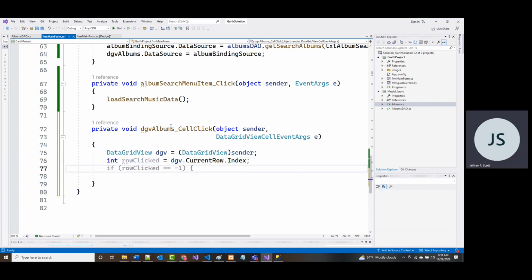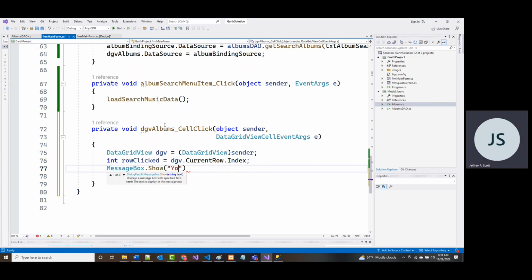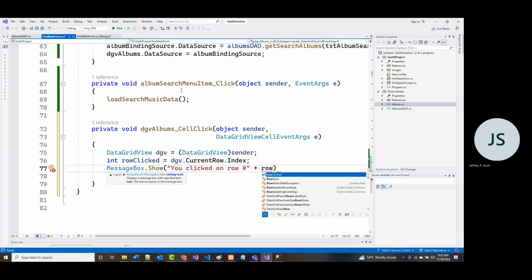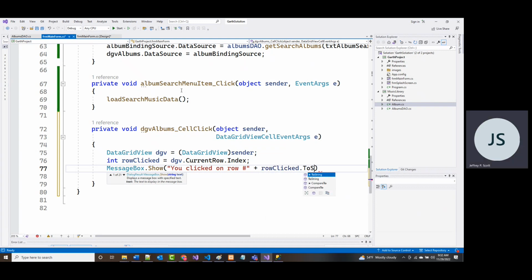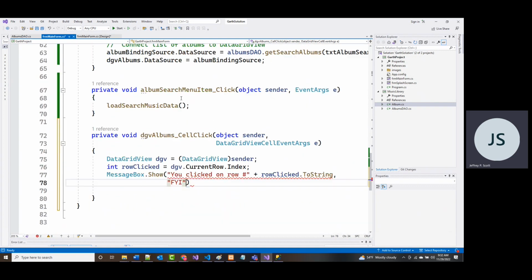All right, and now I'm going to add a line here, but I'm going to remove it in just a minute. I'm just going to put a MessageBox.Show in here, and it says "You clicked on row number" plus rowClicked.ToString, and I'll just put a little comment here that says FYI, for your information.